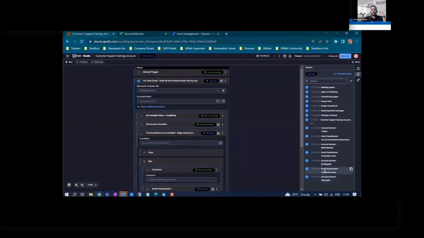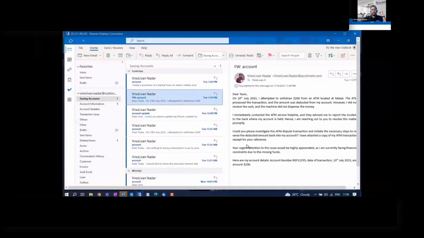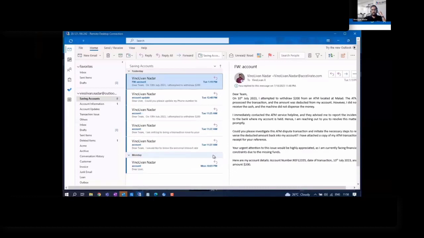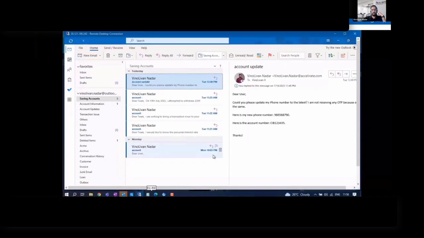So down there, you can see all the log messages through which we can see the automation is running perfectly. So you can see that you have requests that are